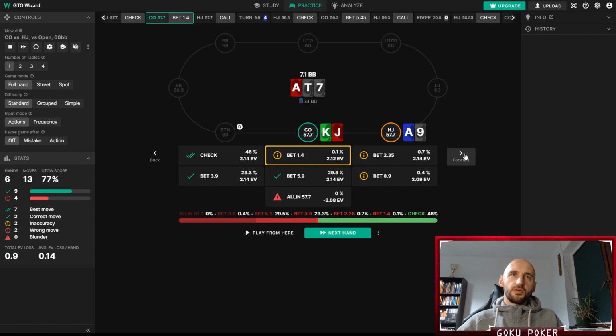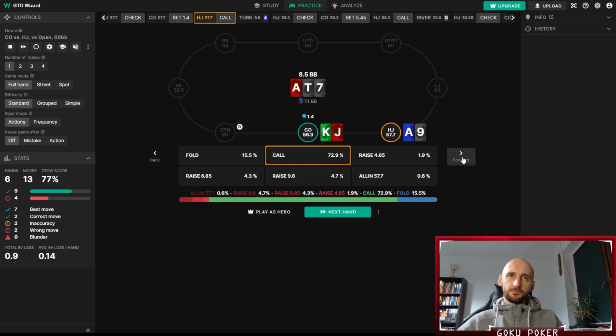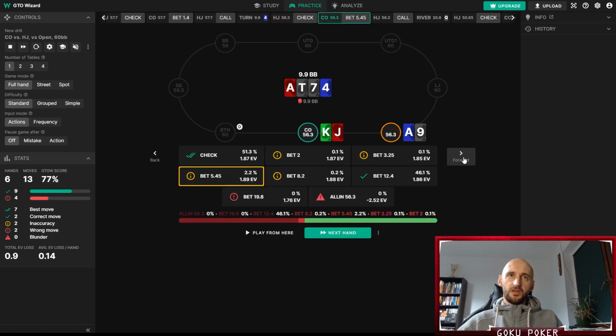On the flop we bet a third, a quarter, fifth pot bet, and we see the solver prefers here a larger sizing, 60 or 80%, or a check. The EV is actually quite similar. And then on the turn, again we bet half pot, and the solver prefers overbetting or checking,